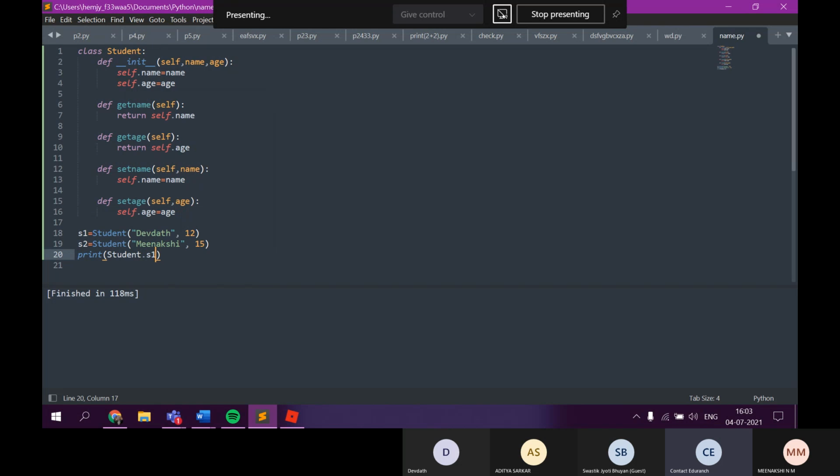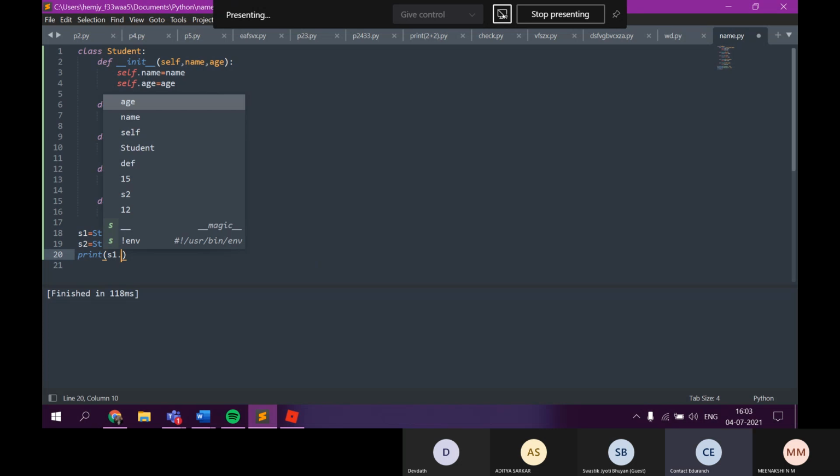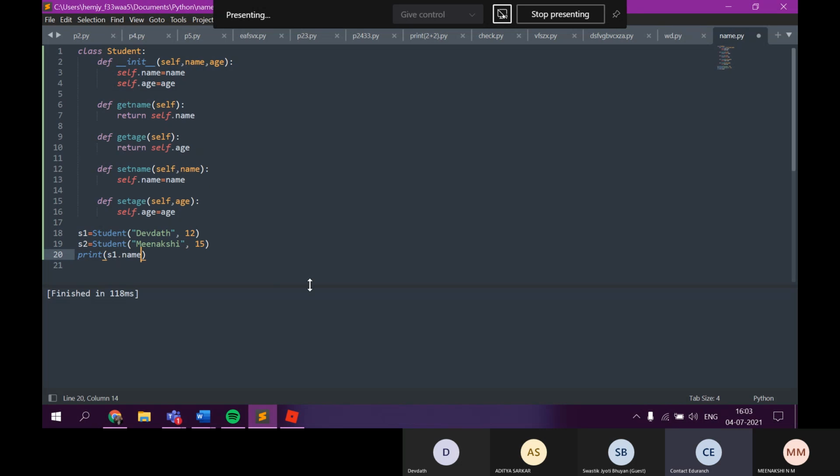Don't print student and all. Yeah, s1 dot get name. What is the method name you have given to Student? Get name. Yes.